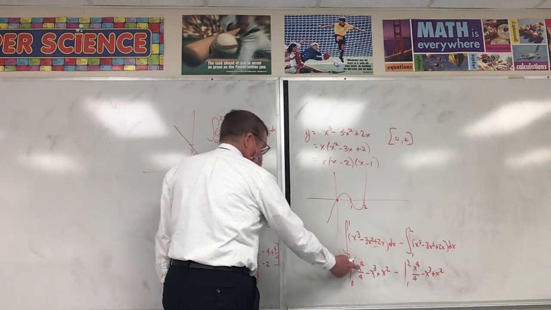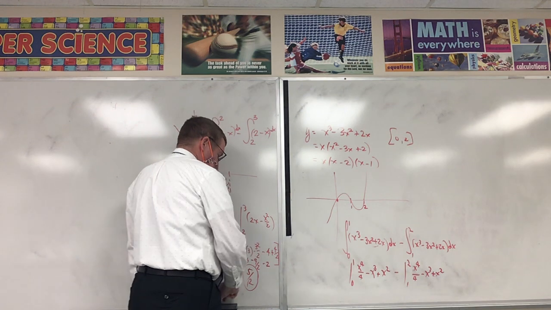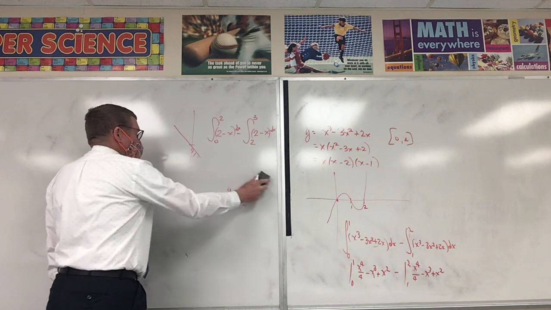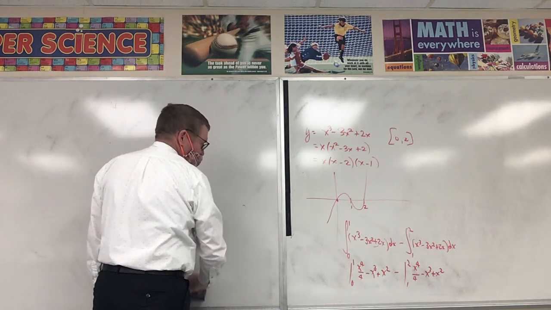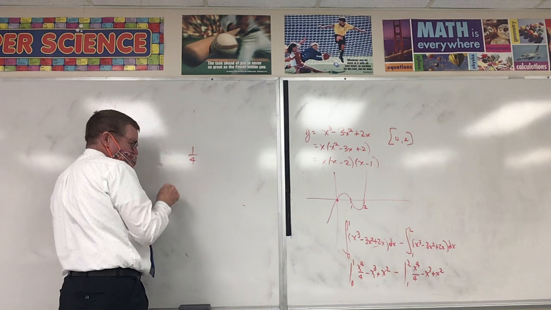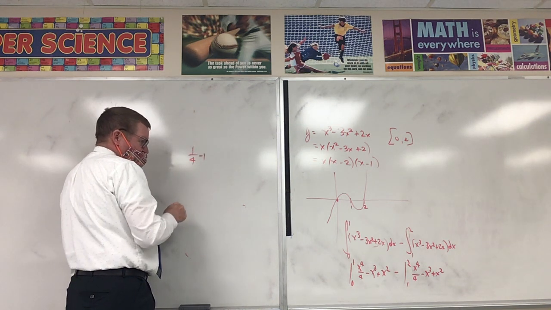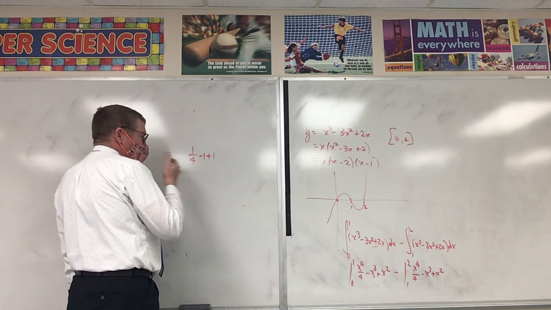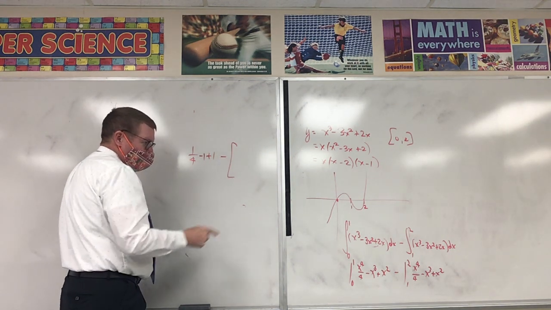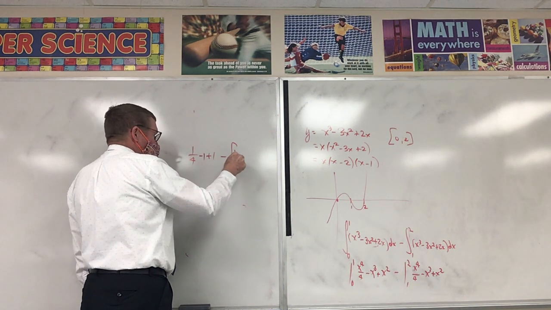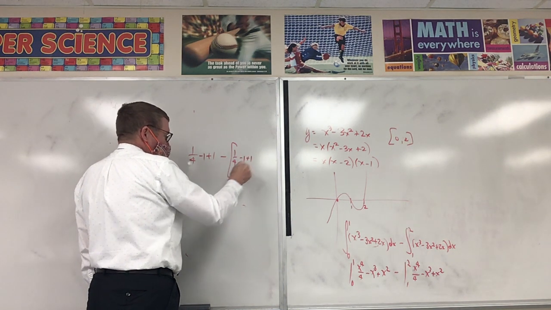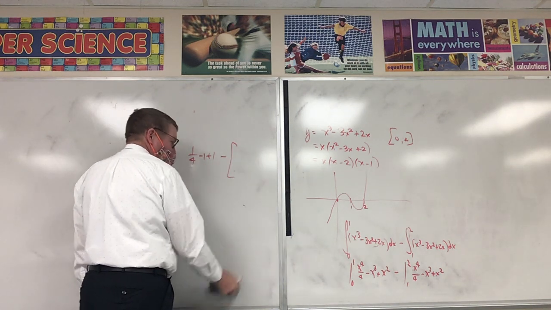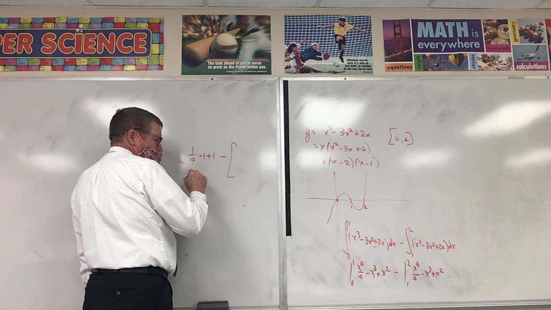Alright, so if we put 1 in, let me continue over here, 1, I'm sorry, 1, alright. So we get 1/4 minus 1 plus 1, and when I put 0 in, I get 0, so now I put 1 in, 1/4 minus 1 plus 1, and, oops, I'm sorry, I just put 2 in. Put 2 in, I get 4